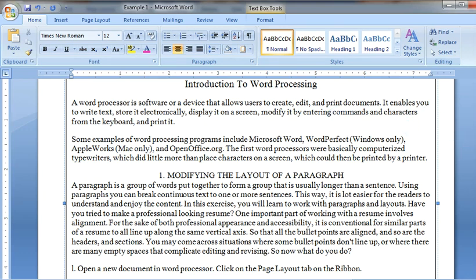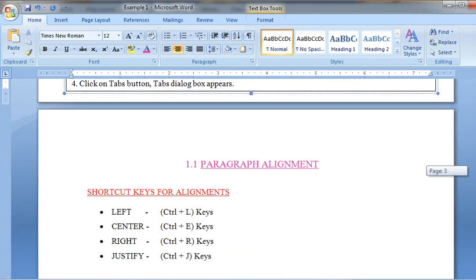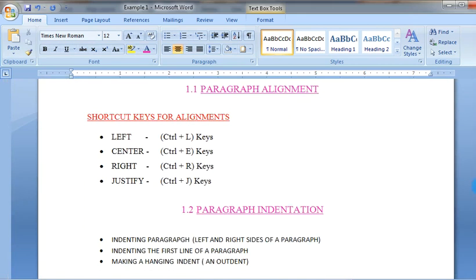Now come to the next point, paragraph alignment. There are 4 types of paragraph alignments in Microsoft Word: left, center, right and justify. Left alignment aligns the text to the left side of the document and the shortcut key is Ctrl+L.